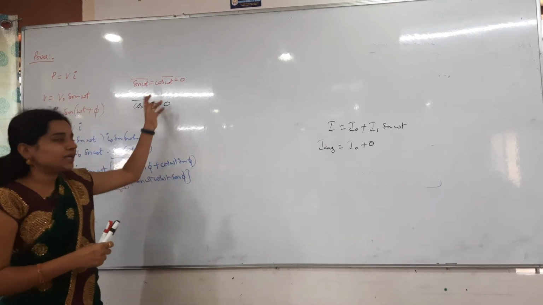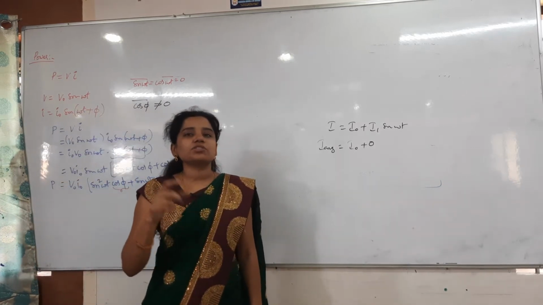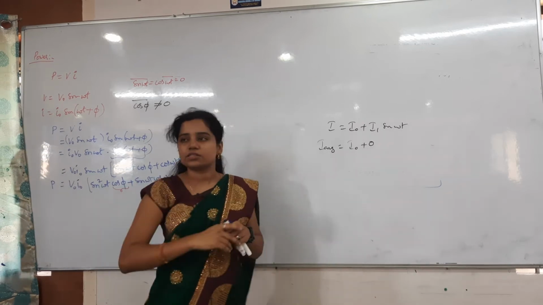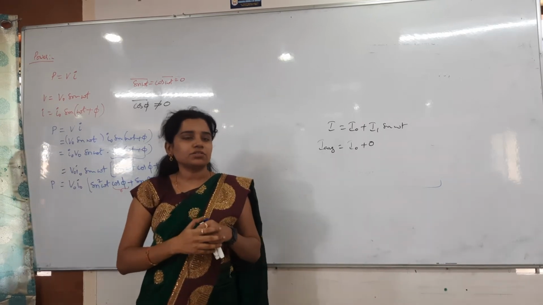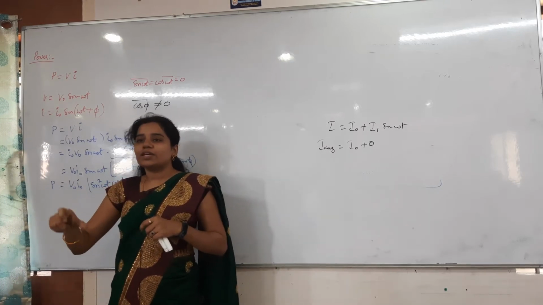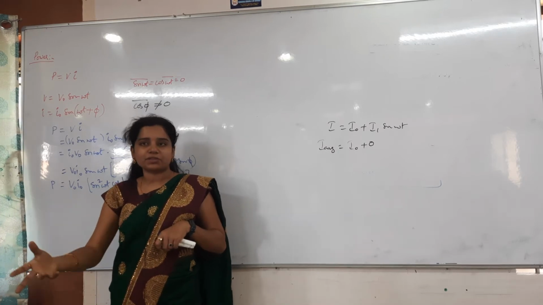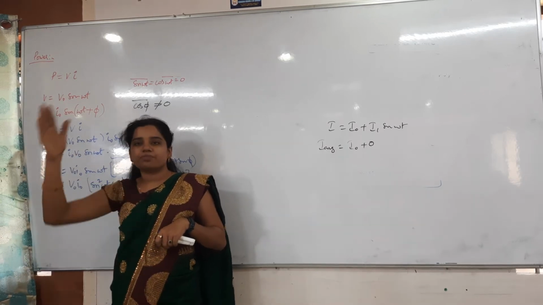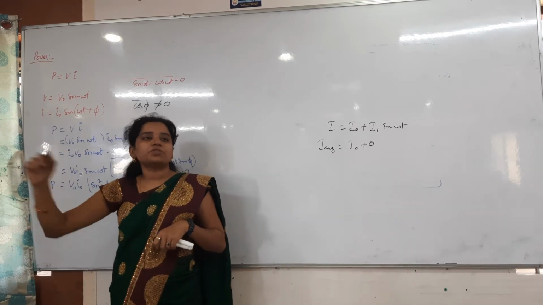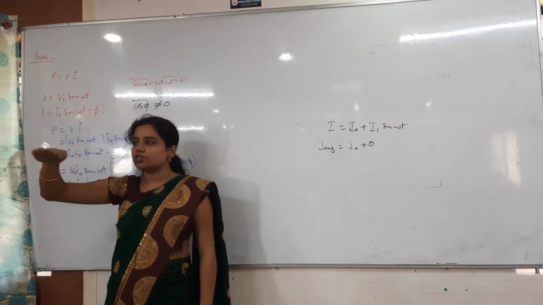Whoever is depending on the time will change direction, so the net average value becomes 0. But if it is not depending on the time, it is there only on the positive axis, so how can it be 0? Whichever function is varying with respect to time is changing its direction and magnitude. Whenever it is changing, first you get a plus value, next a minus value, and together it becomes 0. Whenever it is not changing with respect to time, it is just constant only.